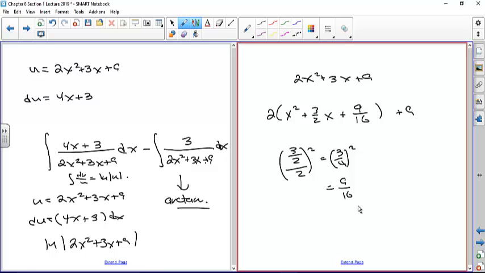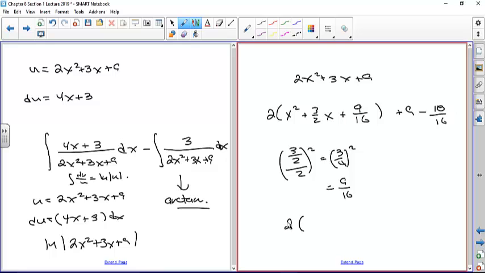And because I'm adding 9/16, but I'm really adding 18/16, I'm going to subtract 18/16 to compensate for this adding 18/16. I know I can simplify that, but